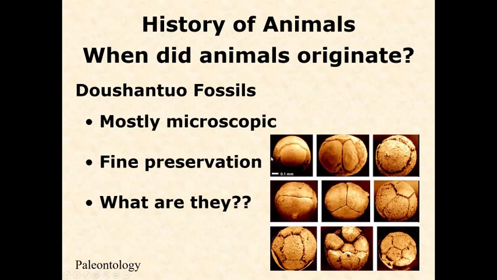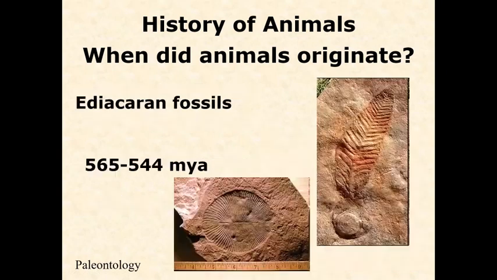So the ones we're 100% certain are animal fossils really go back a little bit less anciently, to about 550 million years ago or so. And these are called the Ediacaran fossils. They're very clearly bilaterally symmetrical animals in some ways. Some of these are interpreted as flatworms, or something similar to our modern flatworms, or cnidarians. These look like sea pens, which is a type of cnidarian. We'll talk about that group in the next lecture also. But just know that these are the first definitive, absolutely 100% sure, yes, they are animals, right around 550 million years ago, some a little bit older, some a little bit younger.